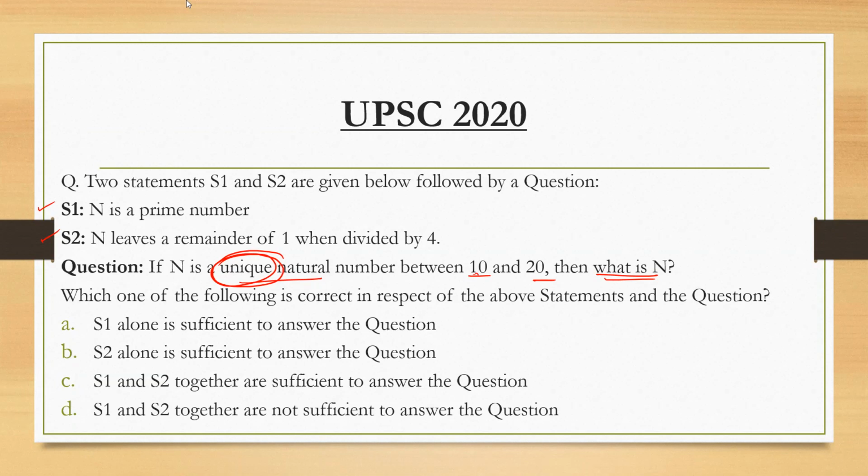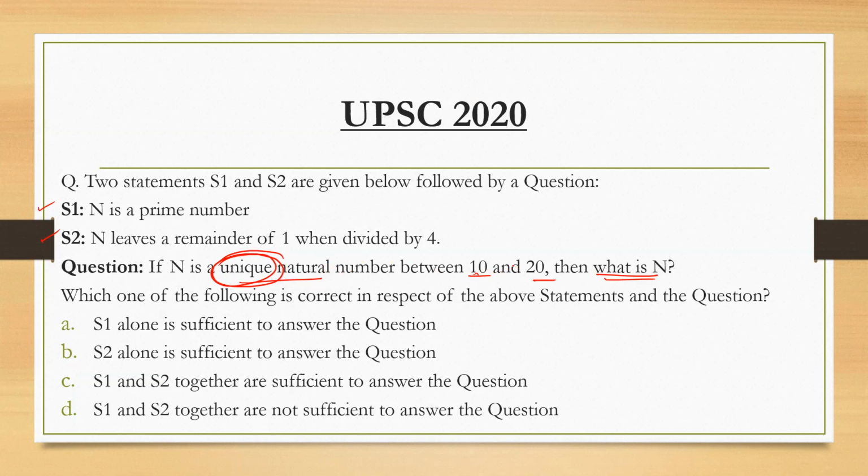What about Aisha, Manisha? Manisha C, okay. Aisha D, okay. Now see here, n is a unique natural number, so it has to be a unique value